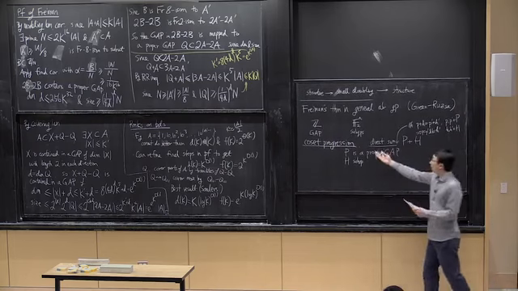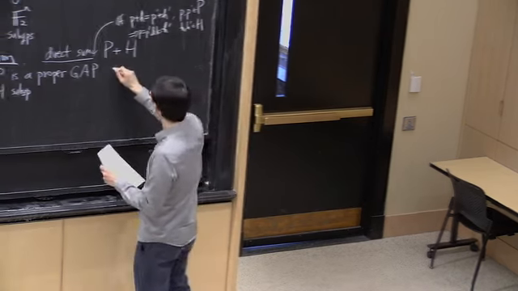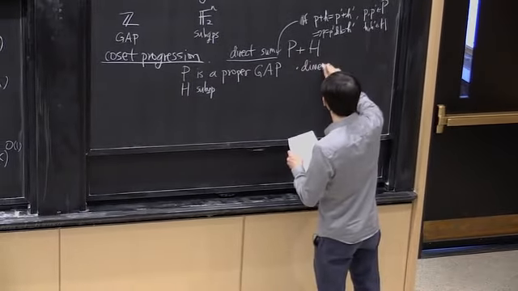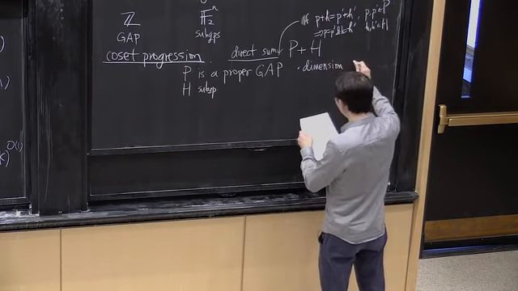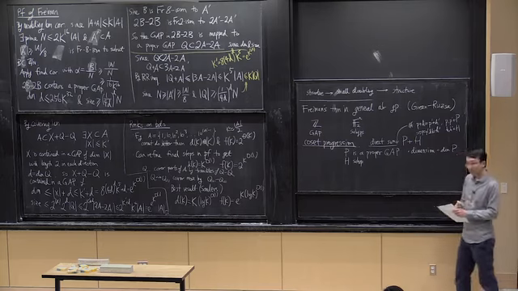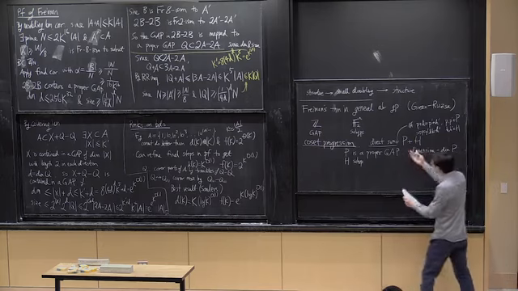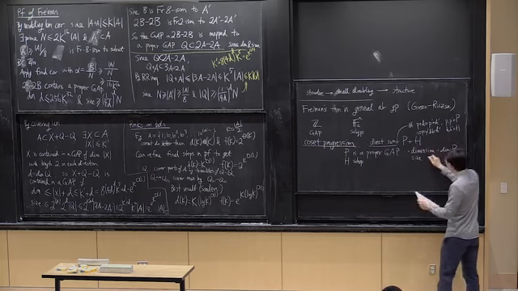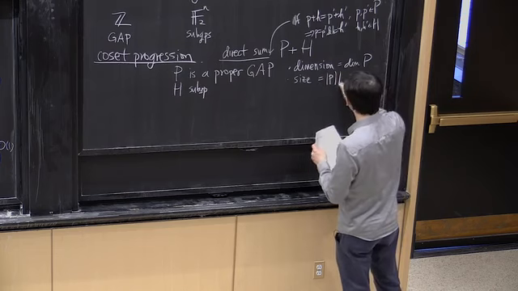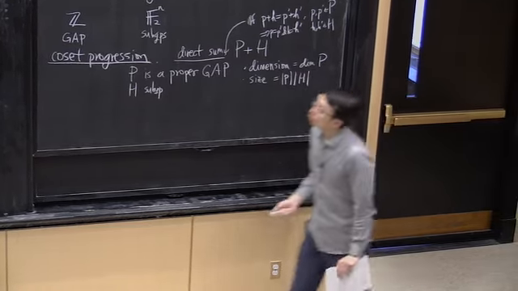For such an object, such a coset progression, I call its dimension the dimension of the GAP, P. And its size, in this case, is just the size of the set, which is also the size of P times the size of H. So the theorem